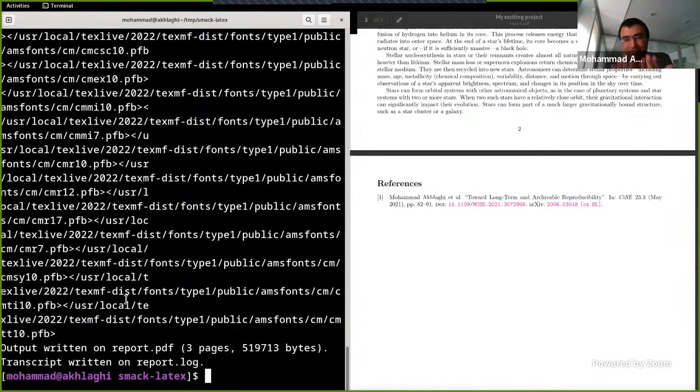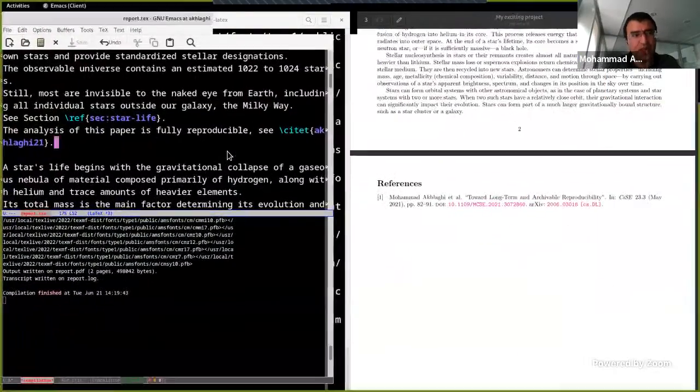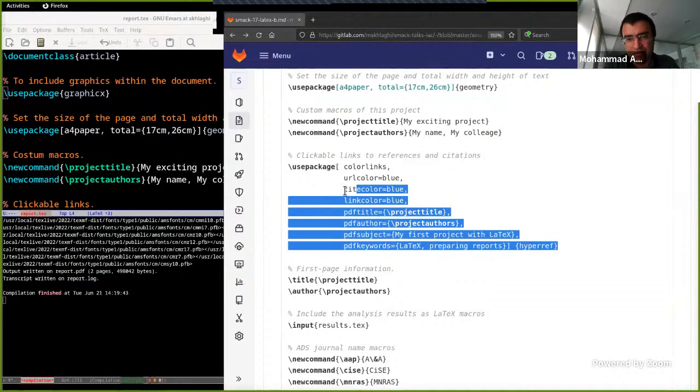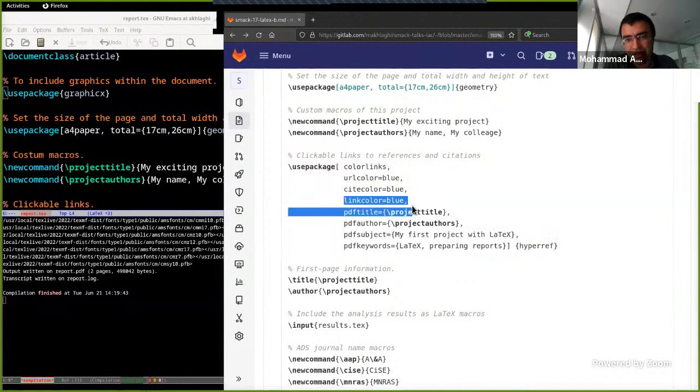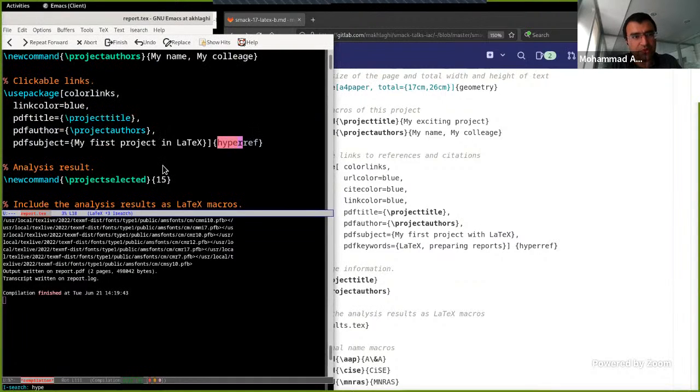When you're reading a professional paper, all the links have one color because you don't want to distract your readers with all this extra color information. So we can just come back to our LaTeX source. When we were loading the hyperref, Sepideh already showed you the link color before, but there's also the URL color and the cite color. So in the part where we load the hyperref package, we can just come here and